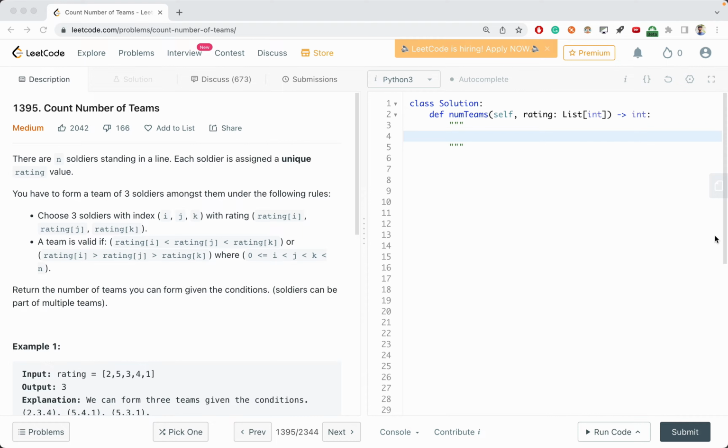Hey folks, today we are going to discuss LeetCode problem number 1395, and the problem name is Count Number of Teams. In this problem, we are given n soldiers and each of them has their own rating. We have to pick a team of 3 soldiers in such a way that the first person's rating is less than the second person's rating, which is less than the third person's rating, or else the first person's rating